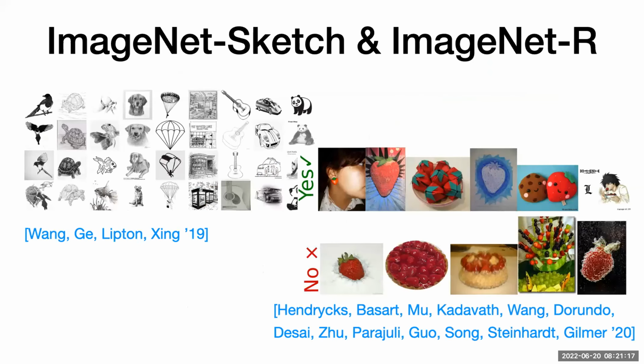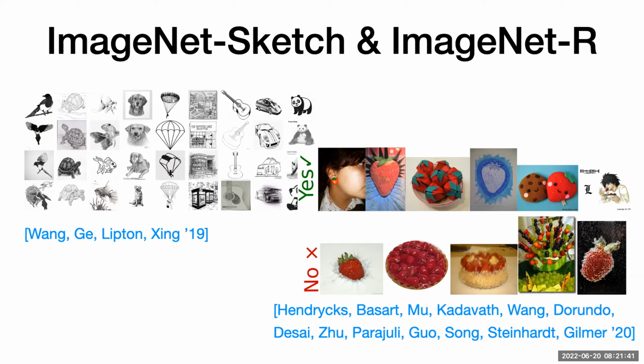Okay, let's look at two more examples, ImageNet Sketch and ImageNet R. I've paired those up because they're quite related. Here the idea is researchers collected sketches instead of real images for ImageNet. So they went to Google image search, Googled the 1,000 classes with the term sketch, and then stored the resulting images they found. So this is the ImageNet Sketch data set.